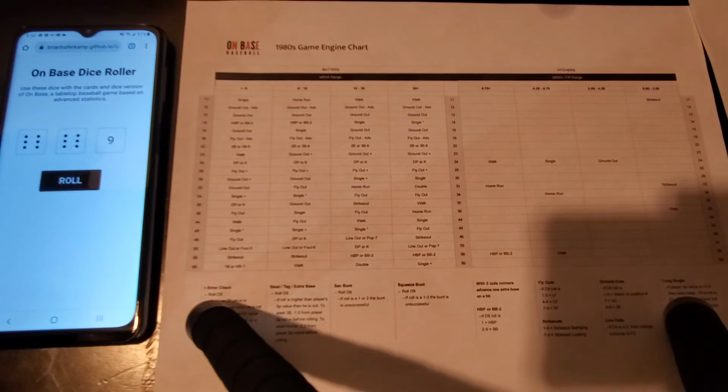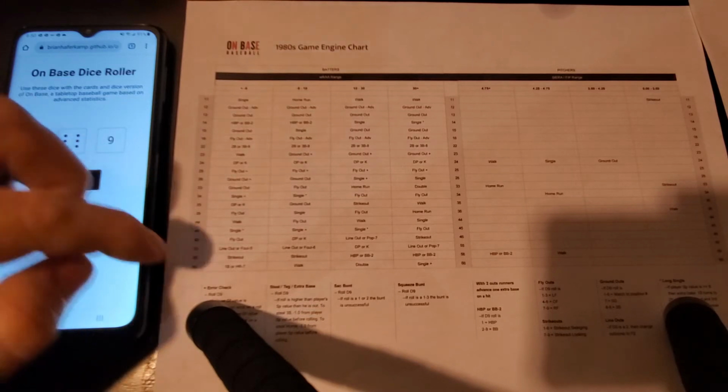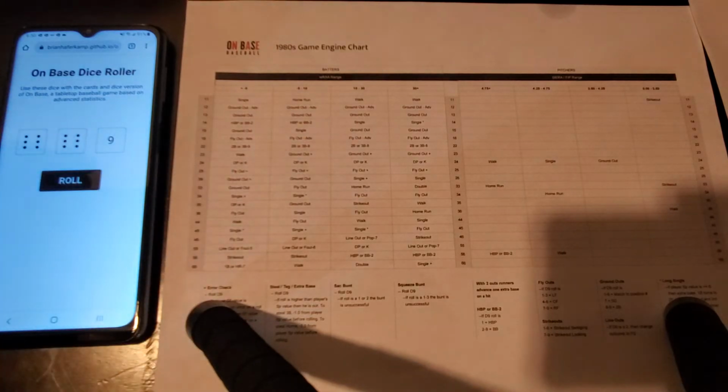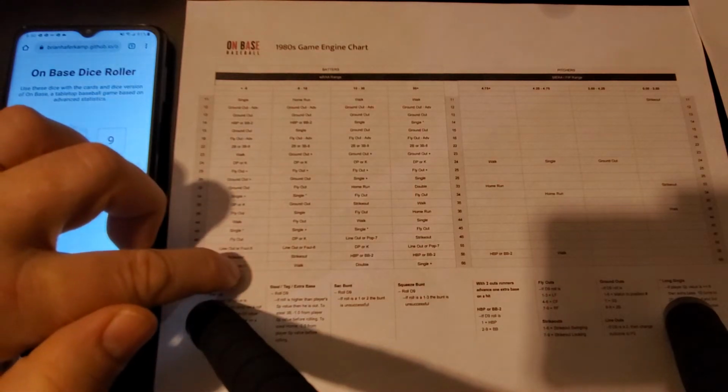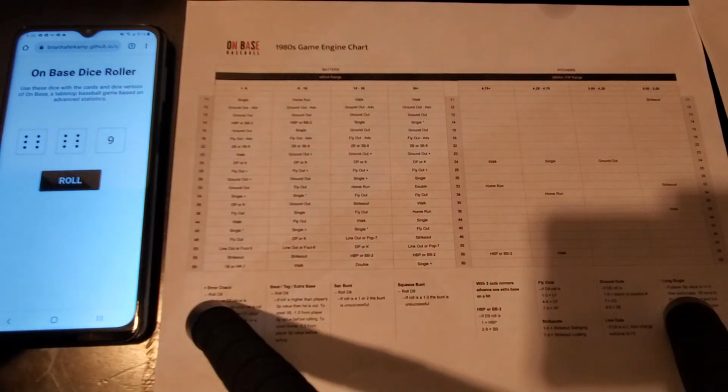A 6-6 to Krinchicki. He is a -8, so a 6-6 is a chance for a home run. So a single or a home run if it's a 7 or greater on the D9, which it is. So Krinchicki takes Darling deep, and it's the first blemish really against Ron Darling, as he gives up a 2-run home run to Wayne Krinchicki, the first baseman, and that's going to score Dawson from second. So now 7-2 as the Expos get on the board here in the bottom of the 6th inning.